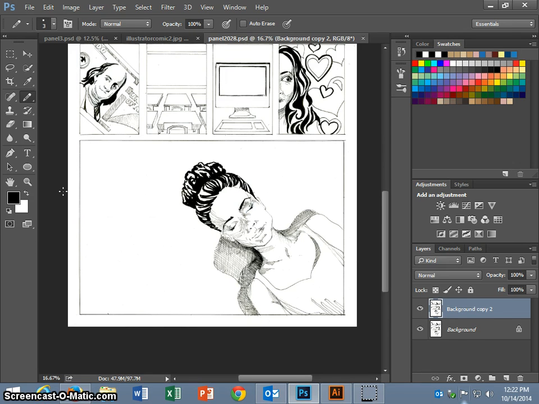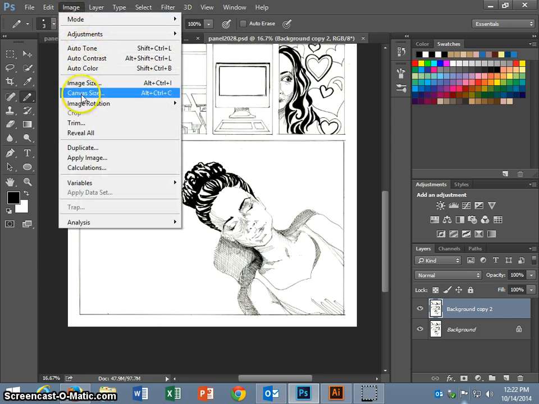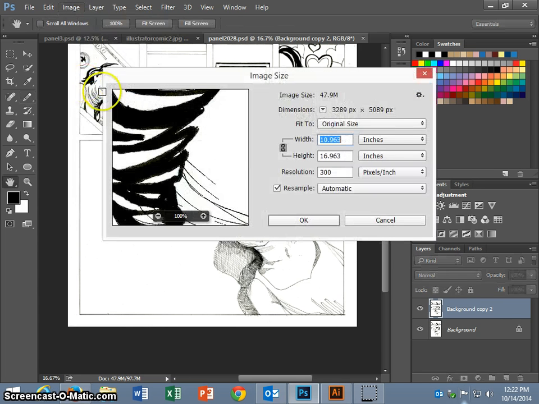And the first thing that we're going to do is see how large this document is, because we'll want to create an Illustrator document that is almost exactly the same size. So I'm going to go down to Image and Image Size, and if you didn't scan it in as 300, you want to make sure that this image is 300 pixels per inch, because the default resolution for Illustrator is 300 pixels per inch. We see that this is 10.963 inches by 16.963 inches, so I'm just going to write that down